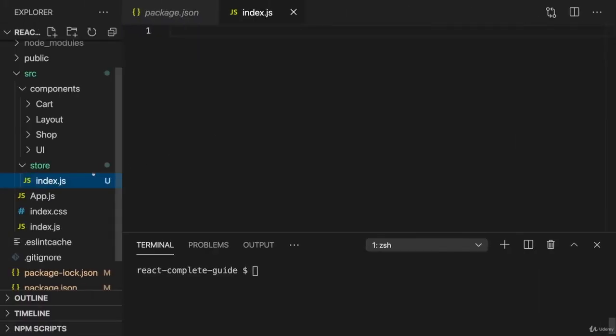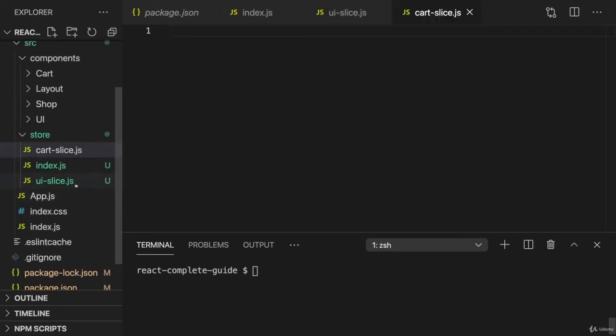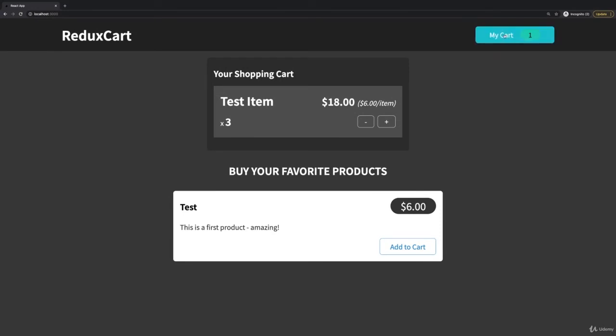And therefore, I will create two files here, a ui-slice.js file, and then also my cart-slice.js file. That's not a must-do. You could put it all into one code file, but splitting it up ensures that all the code stays maintainable and manageable, and we don't end up with super large code files. Now let's maybe get started with the UI slice, so that when we click my cart, we do toggle that